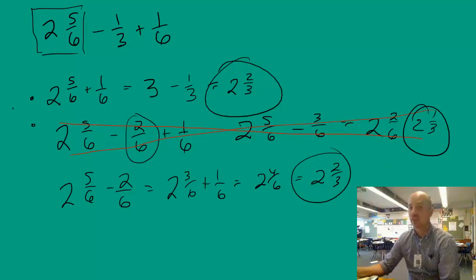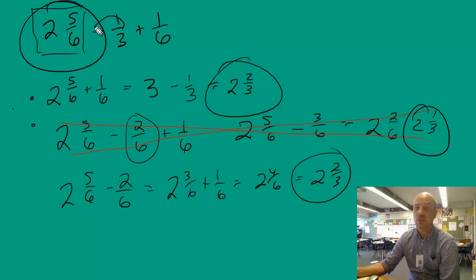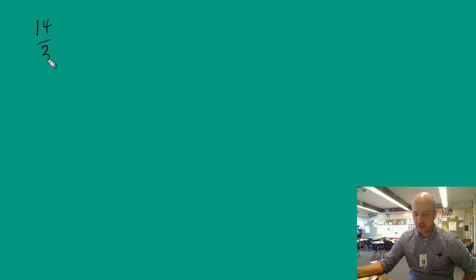The most important thing you can think about is saying, this is my whole, and now I need to do this to the whole, and I need to do this to the whole. Okay? All right. Let's do problem 4. This one's going to mix it up a little bit. Let's do 14/3 plus something plus 9/4. It's going to equal 8 and